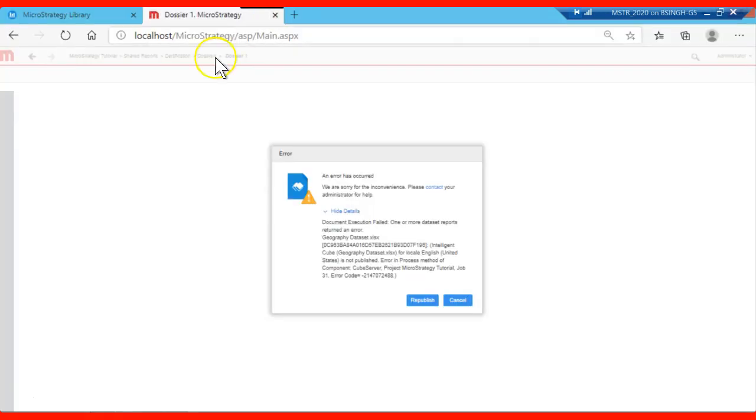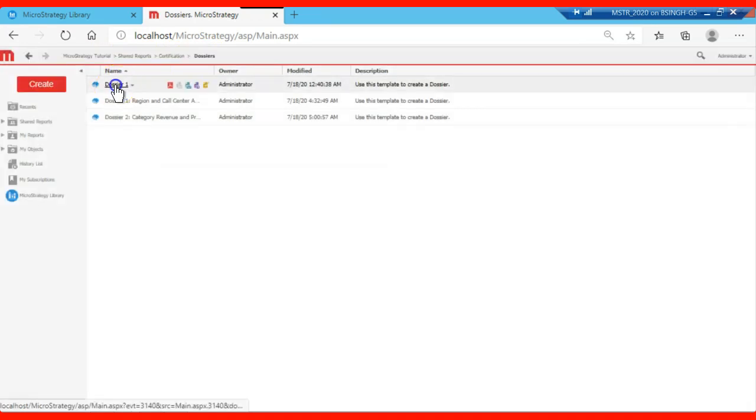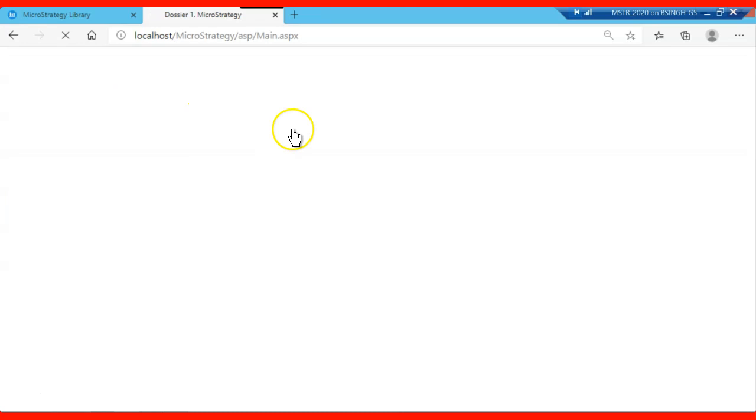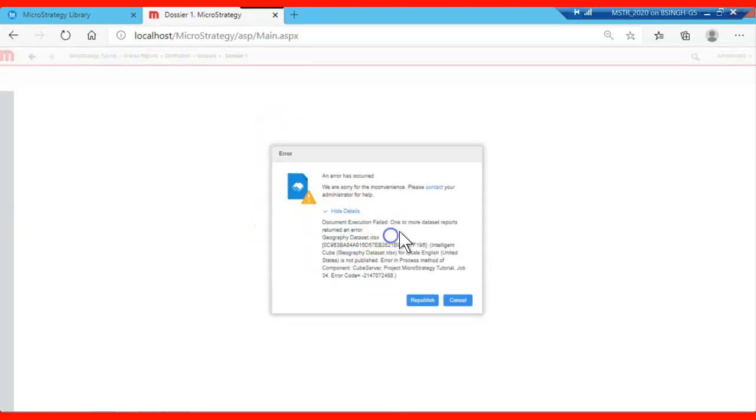Let me come to here and click on the dossier. Okay, it's giving me the same error from my web console as well. So what we have to do is republish this data set so that it will become available for our application.